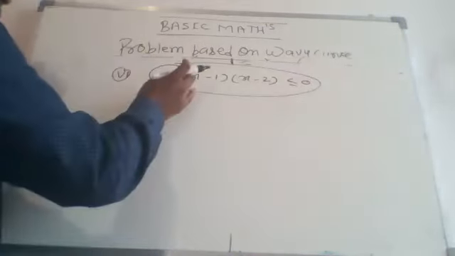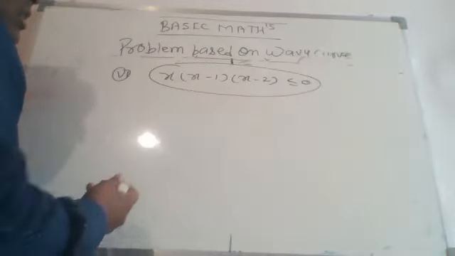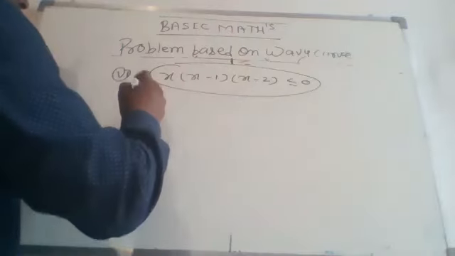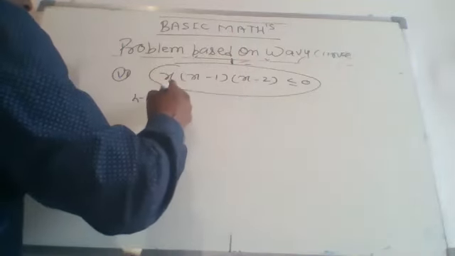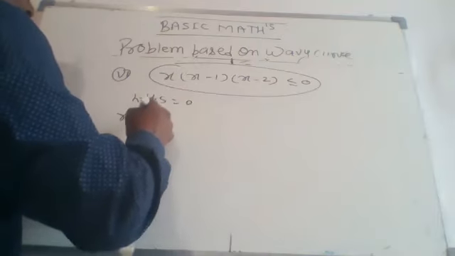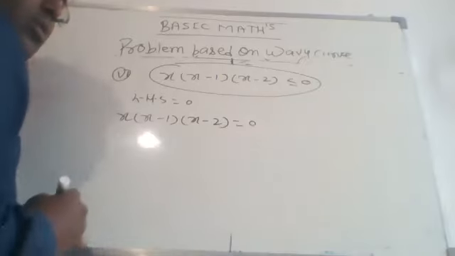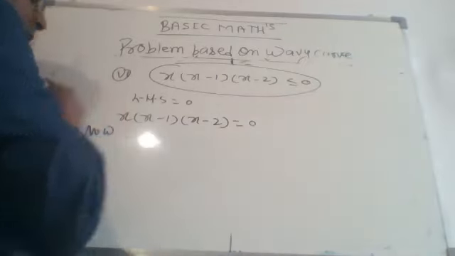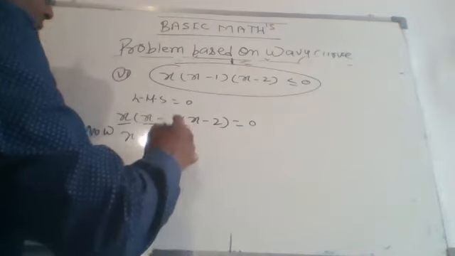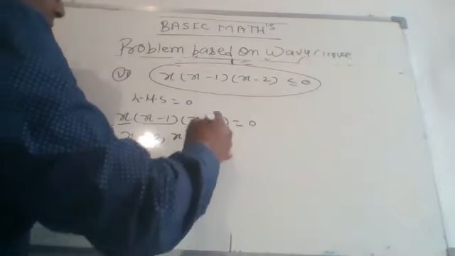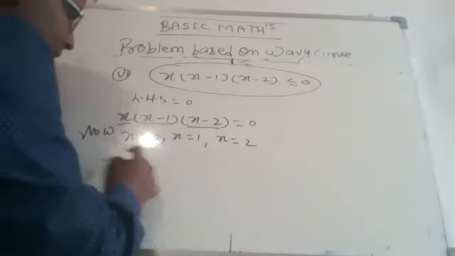Yes, it may be possible that there are more than 2-3 factors over here, so we have to solve in the same way. Here each factor has a positive coefficient of x, so we have to just put the left hand side equal to 0. x into x minus 1 into x minus 2 equals to 0. Now we get x is equal to 0. From x minus 1 equals 0, x will be 1. From x minus 2 equals 0, we get x equals to 2. So we get these 3 solutions.